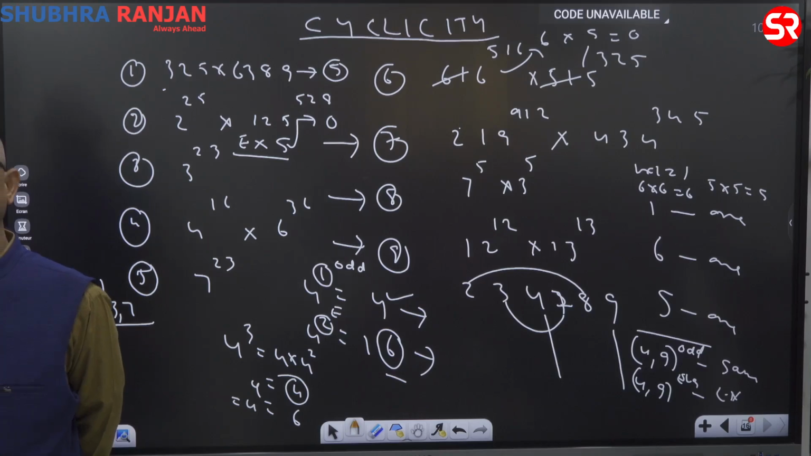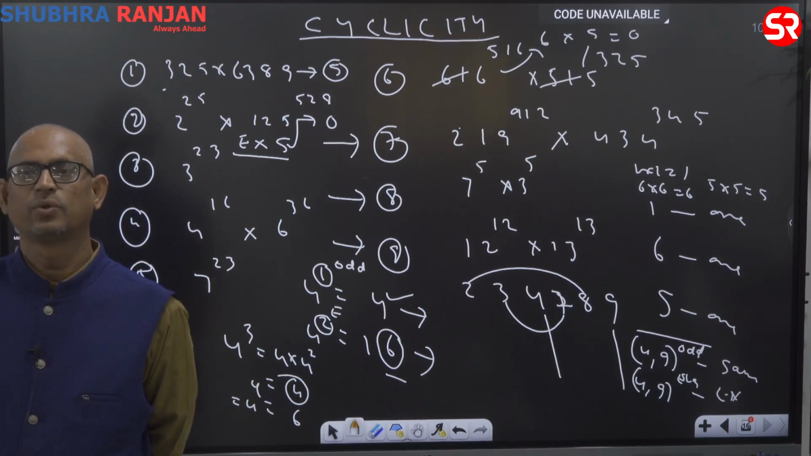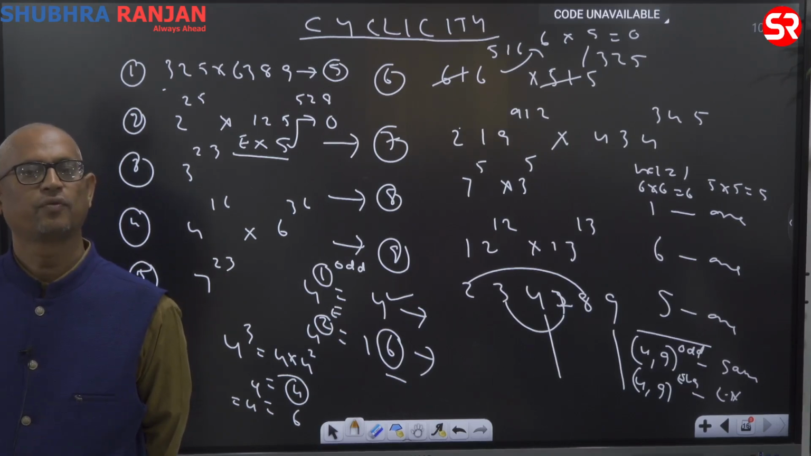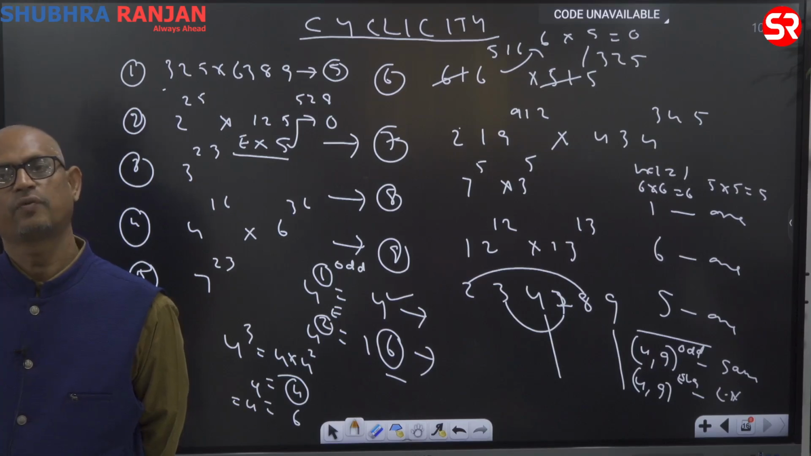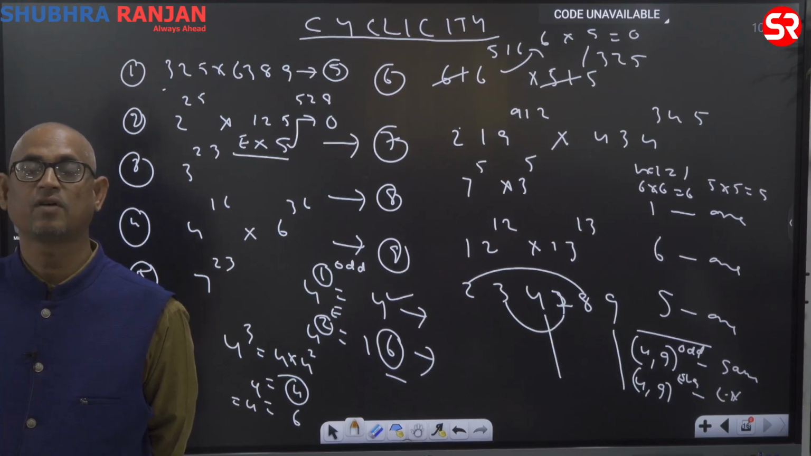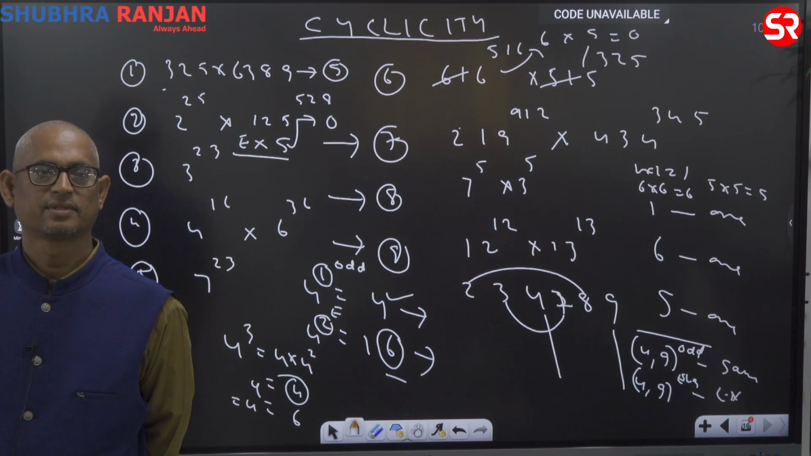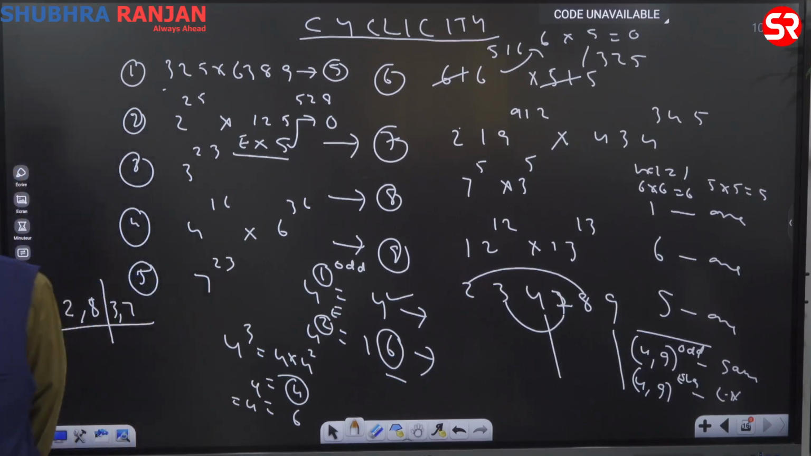What is 2 power 1? 2 squared? 2 cubed? 2 power 4? 2 power 5? So the unit digit is again the same as the first. So it repeats after 4 times. So the cyclicity for 2, 8, 3, 7 is